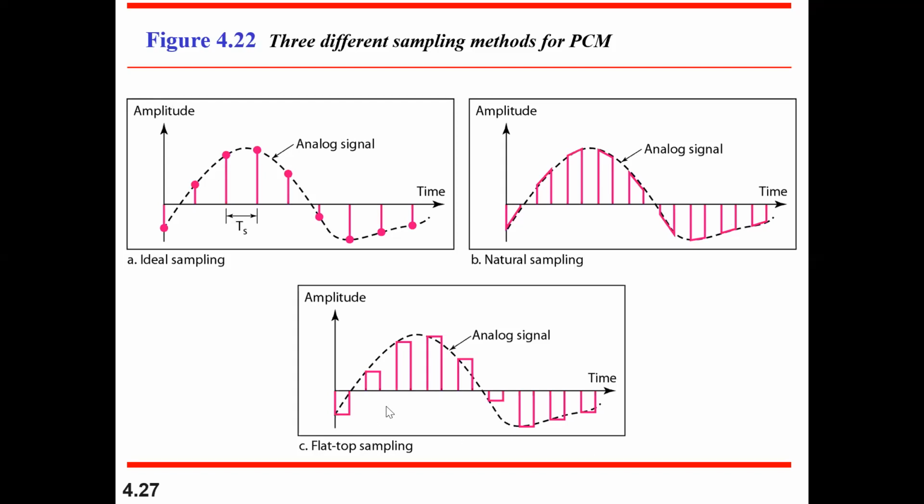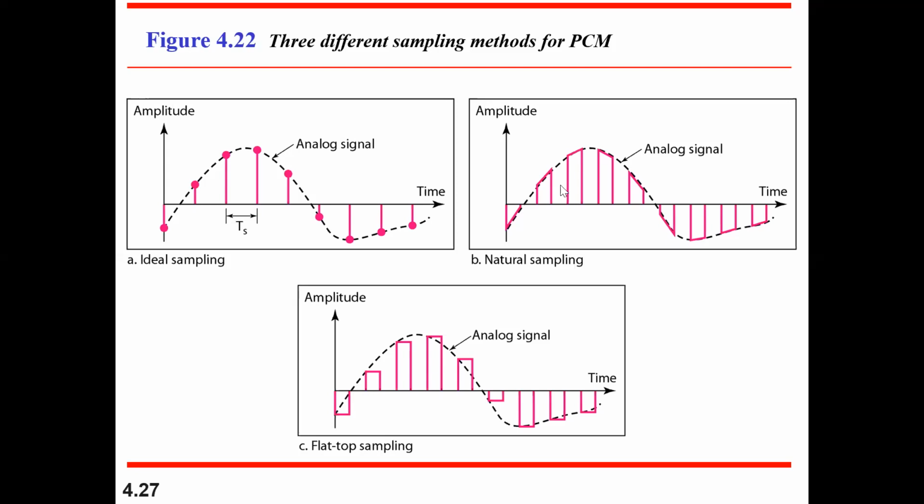Next one is flat top. It is as good as saying you are using the natural sampling itself, but these samples will be changing their state gradually. It will not change suddenly. But here, what we'll be doing is we'll pick that particular highest peak point. From that peak point itself, we'll introduce some impulses or noises, which is an unwanted one, and we'll stretch this time duration and come back to the original point where it needs to be. So this is nothing but your flat top.